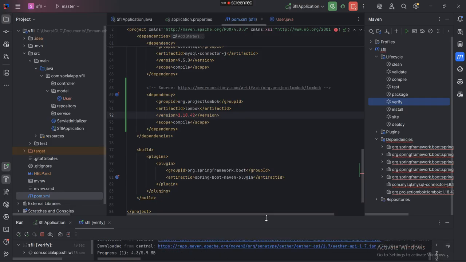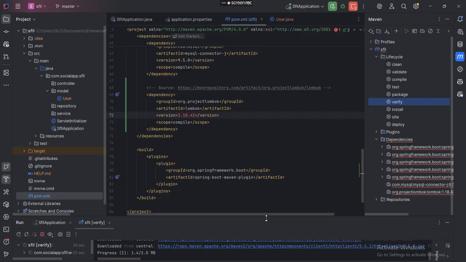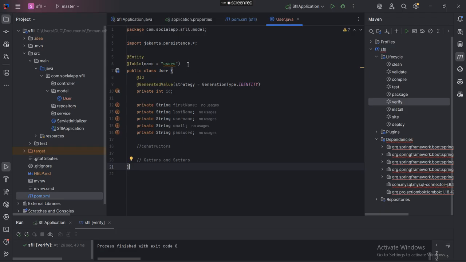I doubt. It does resolve it, okay. So we're going to turn off the application there. And now that we have Lombok, we can now use